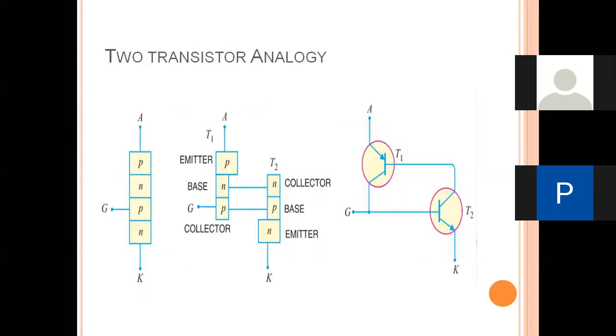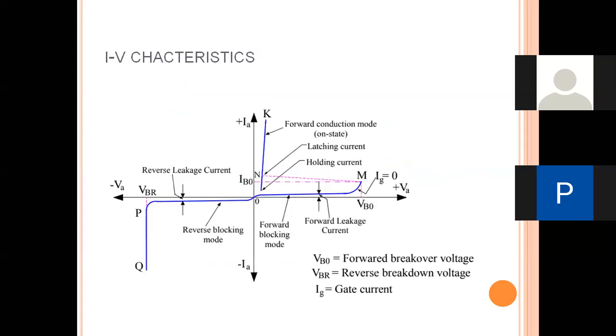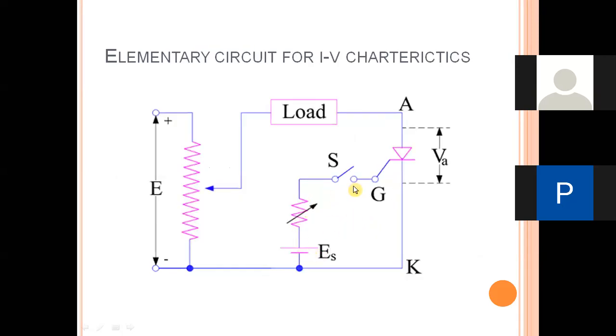So that means here we consider one case of conduction, that is from 0 you are gradually going to increase the voltage. As voltage is increased to this VB0, the device comes to the conduction. But if we need to make the device conduct beyond this forward breakover voltage, then one method that is provided is by means of this gate circuit.